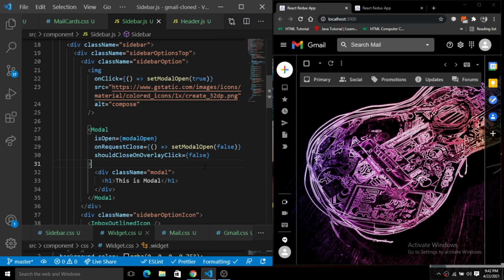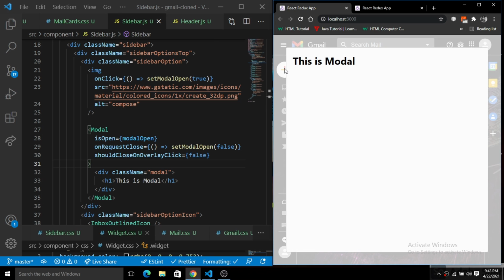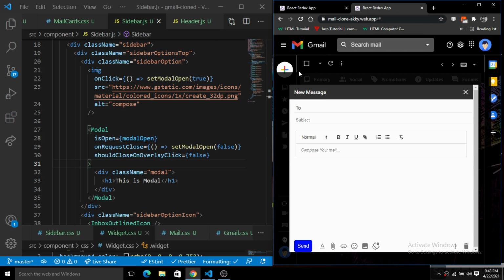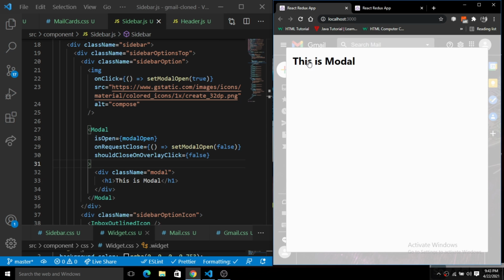Now it's time to check whether it is working or not. When we click on this plus compose icon, we will have a modal pop up. When I click on this, you can see here, this is the modal, this is the modal pop up. This is the exact thing that we are working on here. But this is not exactly the same thing that we have seen. We have to style this, set the width and the height and everything, and integrate everything just as you can see here. This is the exact thing that we are going to implement here. So this is the modal pop-up.